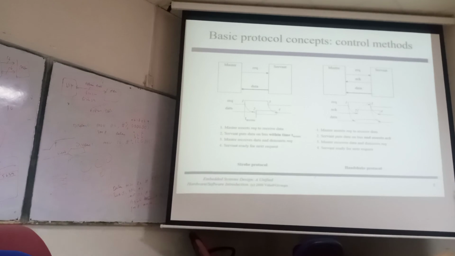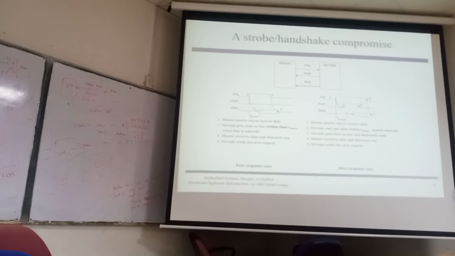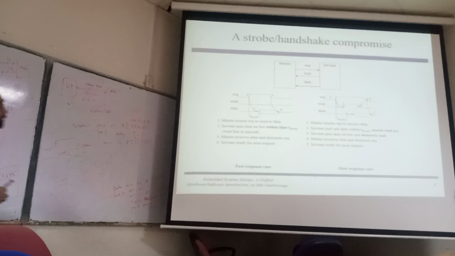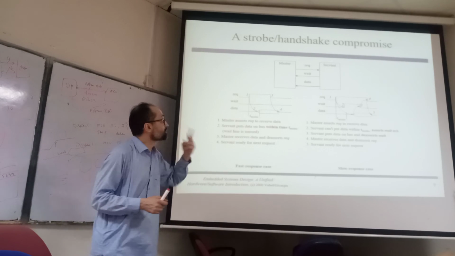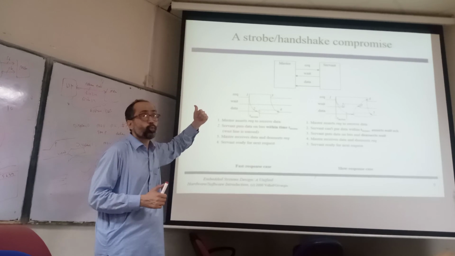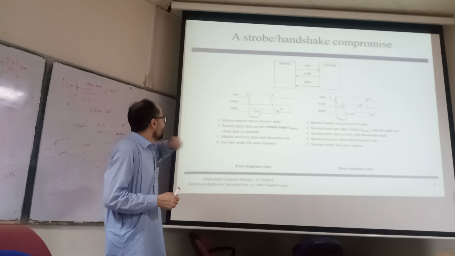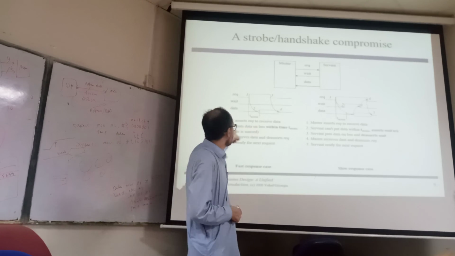Now, we also have another kind of protocol. We call this a strobe and handshake compromise. If we have a master and a slave, there are two control signals. One is request and another is wait. The master asserts a request to receive the data. The servant puts the